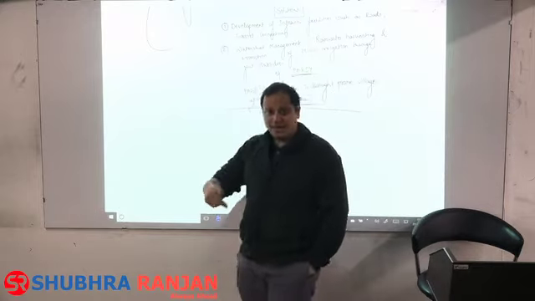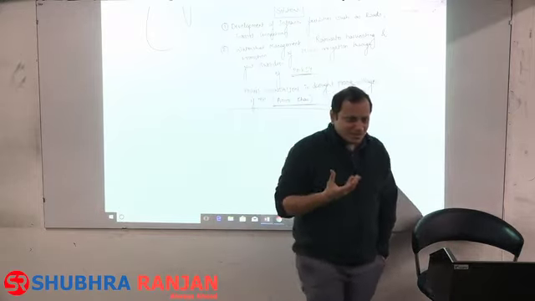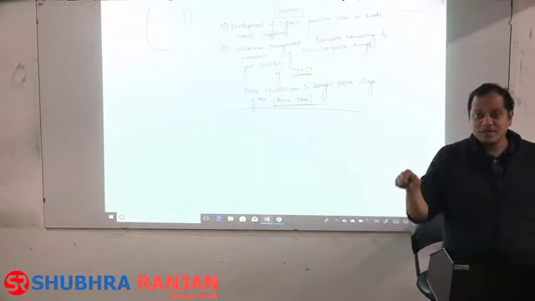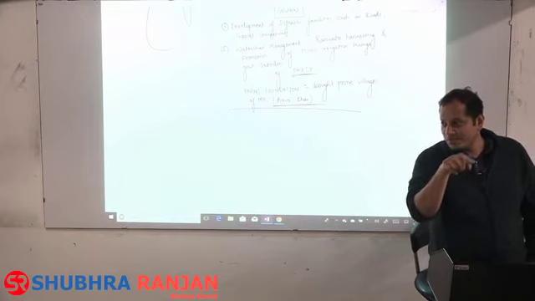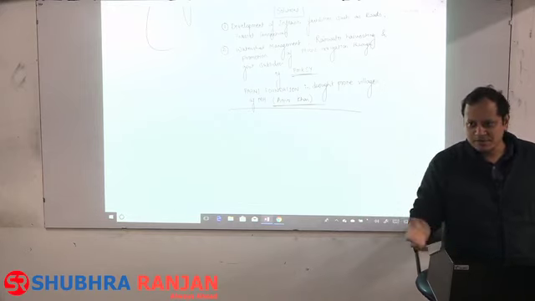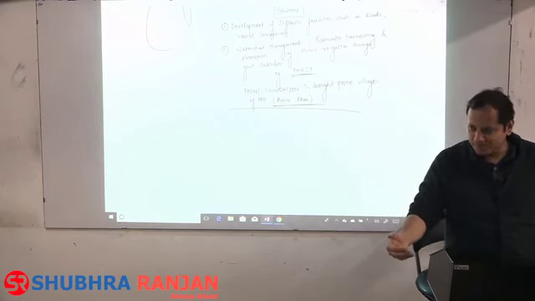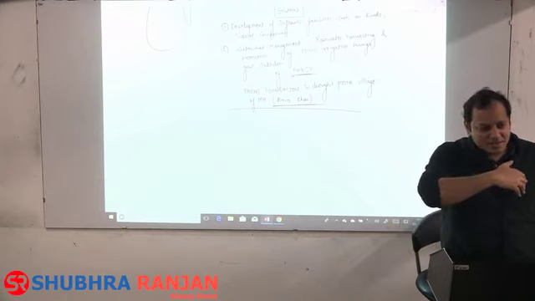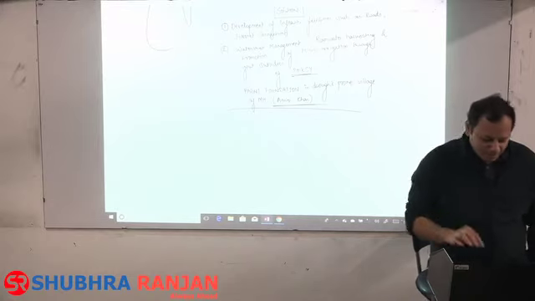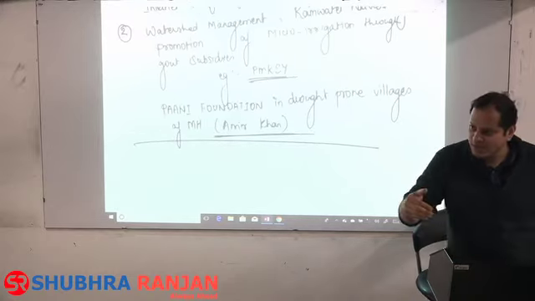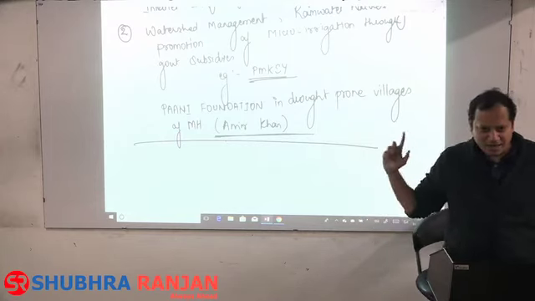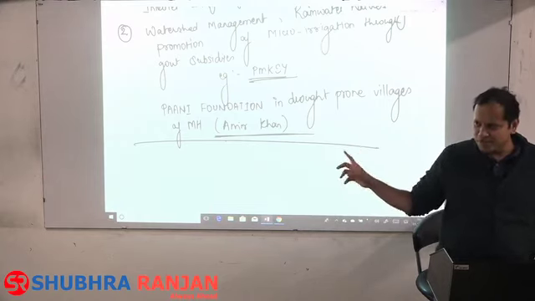How to make sure this continues every year? Aamir Khan cannot always work, he also has to earn his living, that is, he has to work in films. So he organizes a cup, the Water Cup trophy, every year, in which the best village is given 50 lakh rupees of cash prize. To whom? The panchayat. And it is done at a very large scale. So this is the work, and it is very successful. Pani Foundation is better than Anna Hazare's movement, because Anna Hazare did not have as much impact as Aamir Khan had in the Pani Foundation movement, the watershed development project.